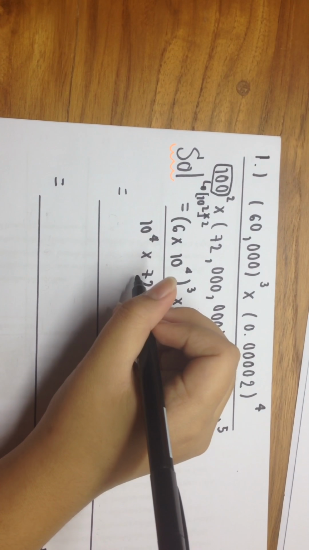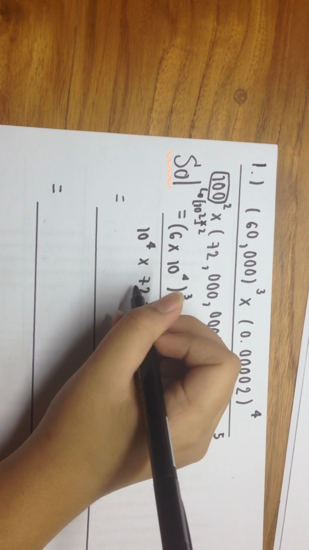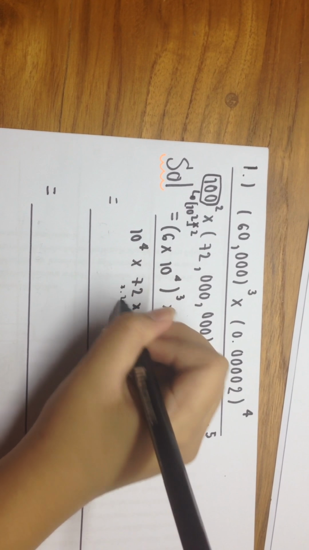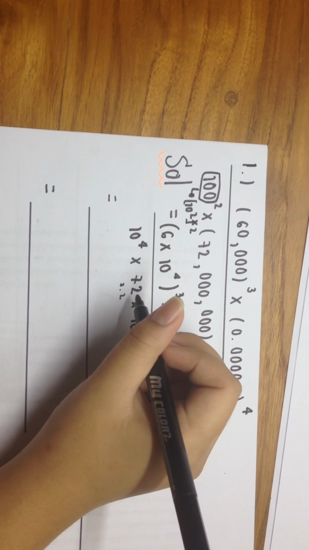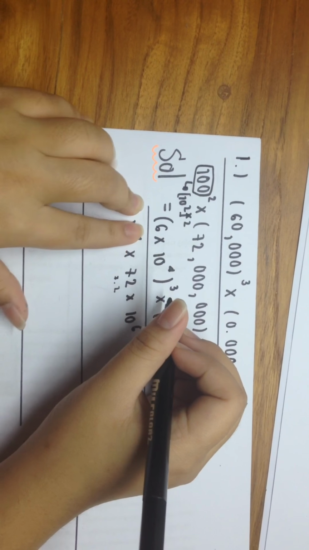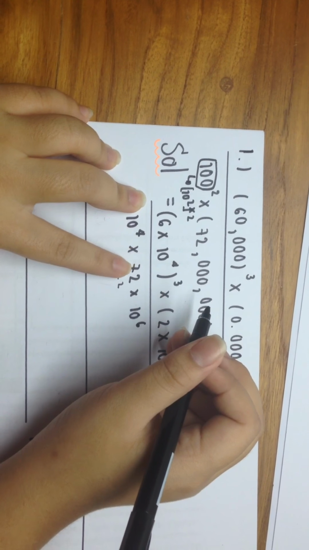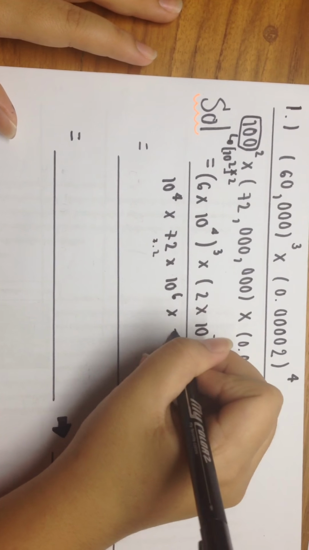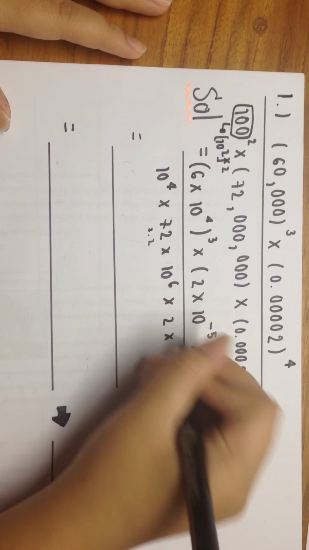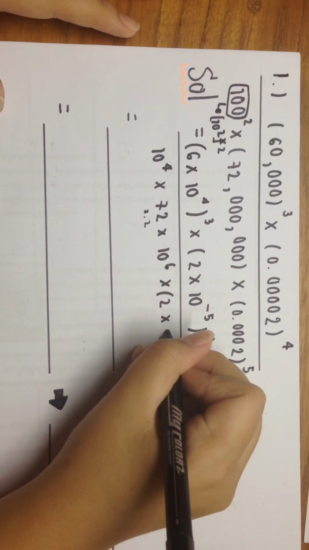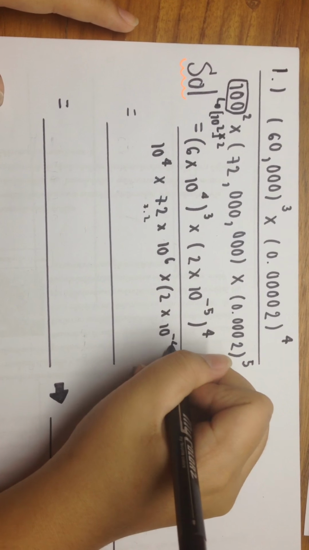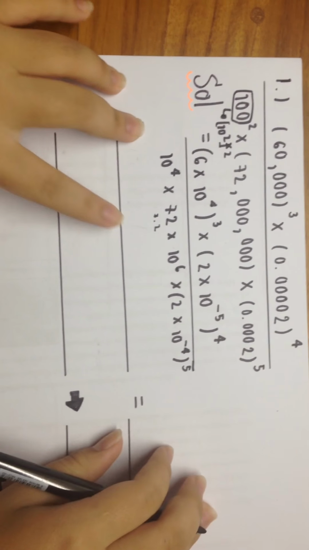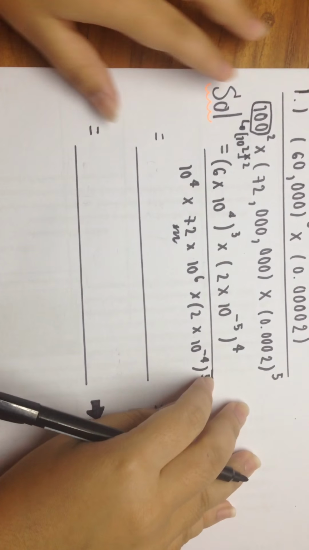72, I like 72 because it's easier to do than 7.2, because every number is an integer, right? So it's easier to do than this one. And we times 2 times 10 to the power of minus 4, all to the power of 5. So it's equal to,